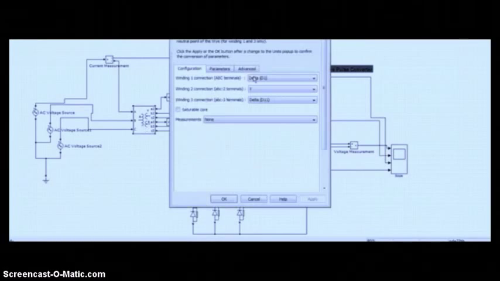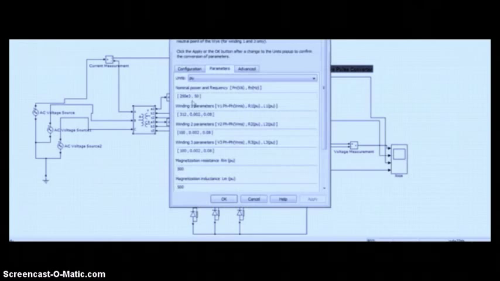If we double click on this transformer again, you can see here in the parameters the frequency has been changed to 50, which was ideally 60, and these values have also been altered. The primary voltage is set at 312 volts, while the secondary is at 100 volt, and 100 volt on the second secondary, which is connected in delta connection.